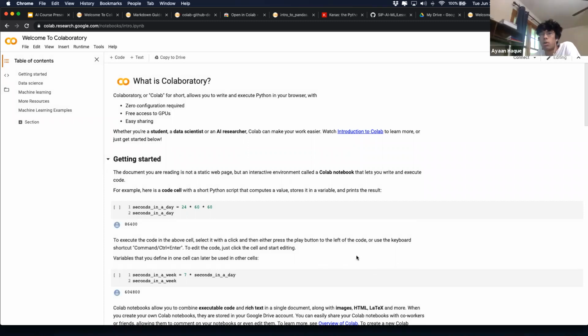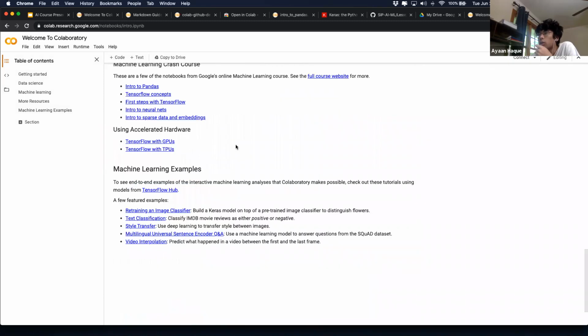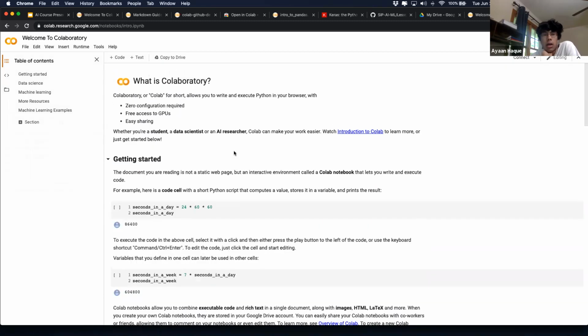Is anyone else struggling? Because we do need to go over GitHub before we finish today. Is anyone else struggling? What are the 2 links you just posted? That's just a welcome intro notebook. It'll show you the super basic stuff about how it works. But yeah, yours is lagging. I'm not sure what to do about your lag, but as long as you have it installed.